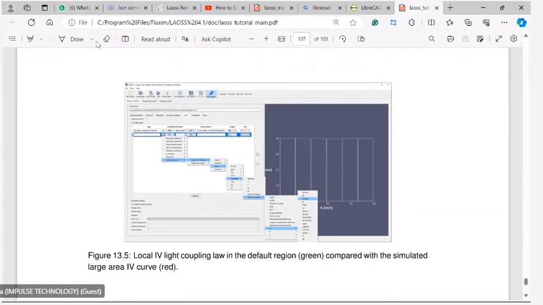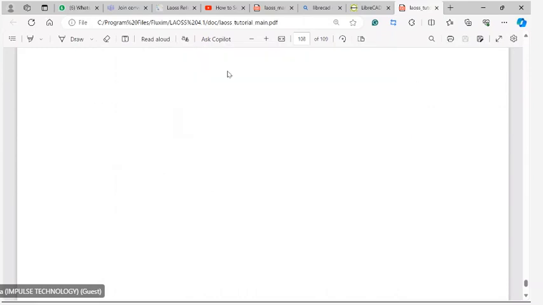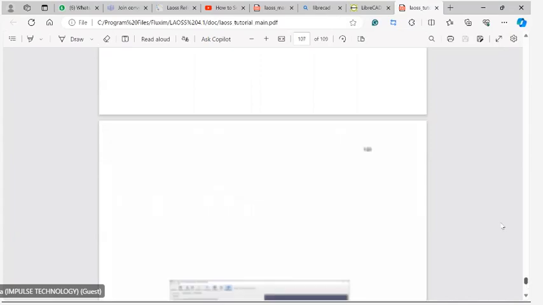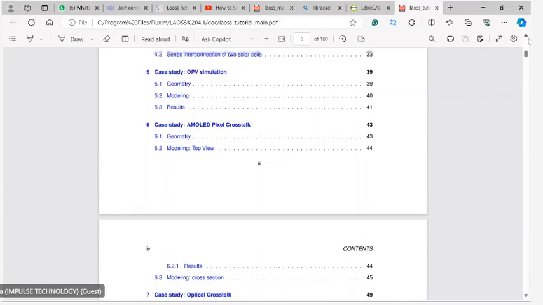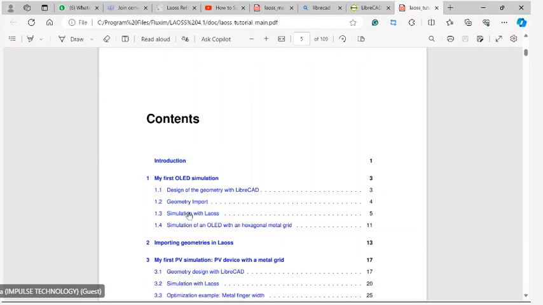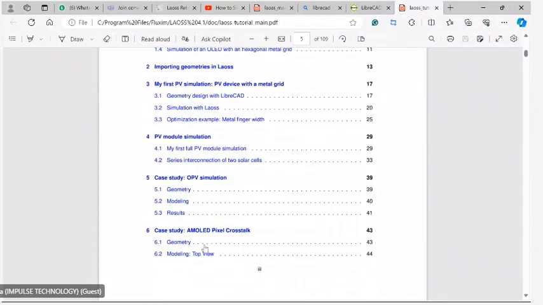That's why this tutorial package has proper screenshots, and I believe the user will find it much easier once you explore it and become familiar with this LAOSS tool. So you can see I can go up, where a couple of steps are there. If you want to simulate your first OLED, you can simulate your first OLED. You can import your geometry in the LAOSS, first PV simulation, first maybe PV module simulation, or case studies are